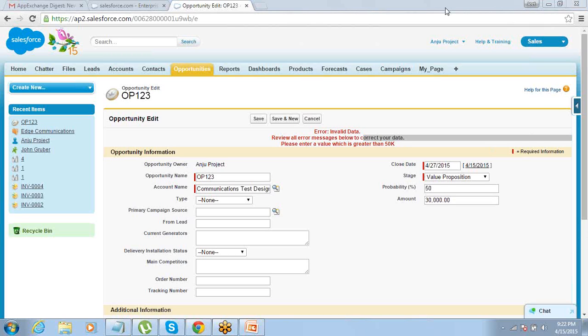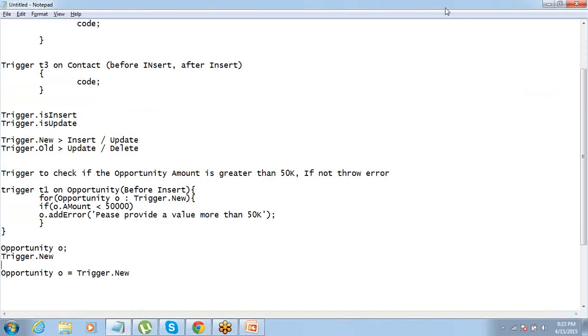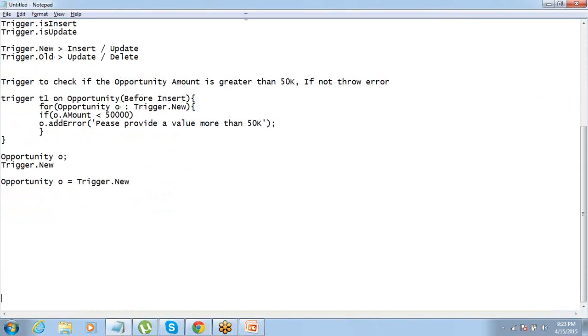So before insert will only check when a new record is created. Before update will check when an existing record is being edited. So we understand what is an insert and what is an update. Now, in case I have two different logics to work on an insert and update. Let's say my company says that if it's a new record, then minimum amount should be 50,000.